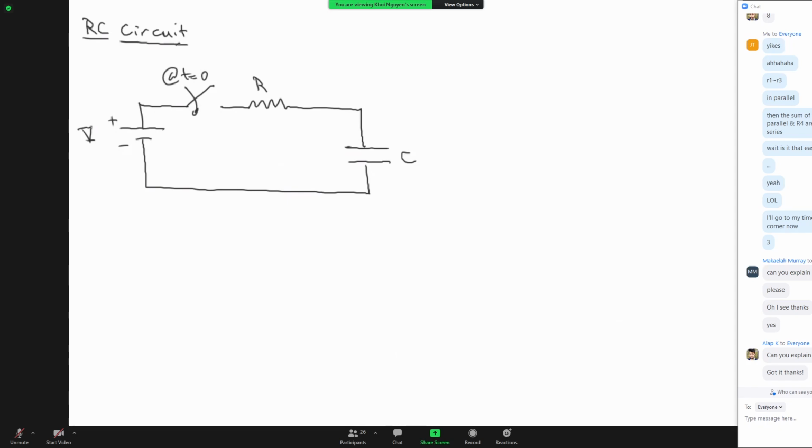So let's take a look at what happens at t equals 0. At that instantaneous point in time, all the current is going through the resistive element. I is equal to the voltage from the battery divided by the resistor, because the voltage of the resistor is equal to the voltage of the battery. The reason being,